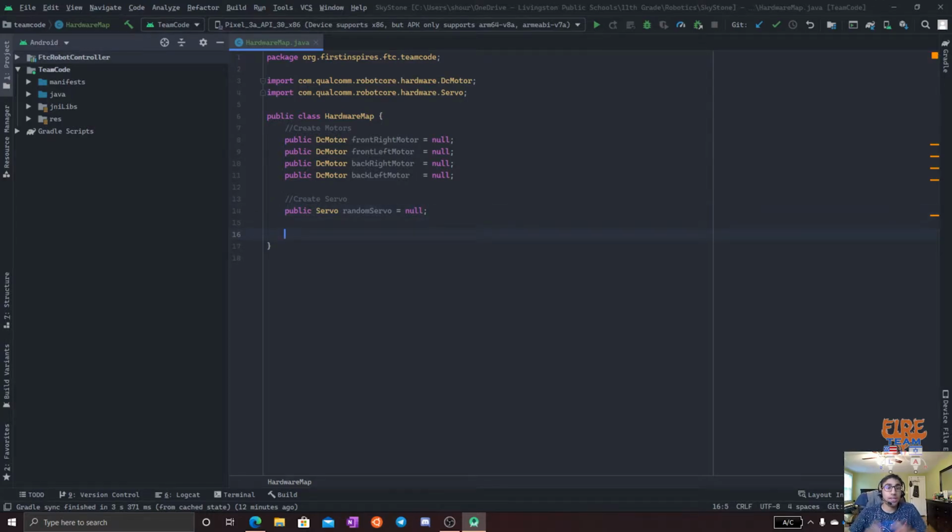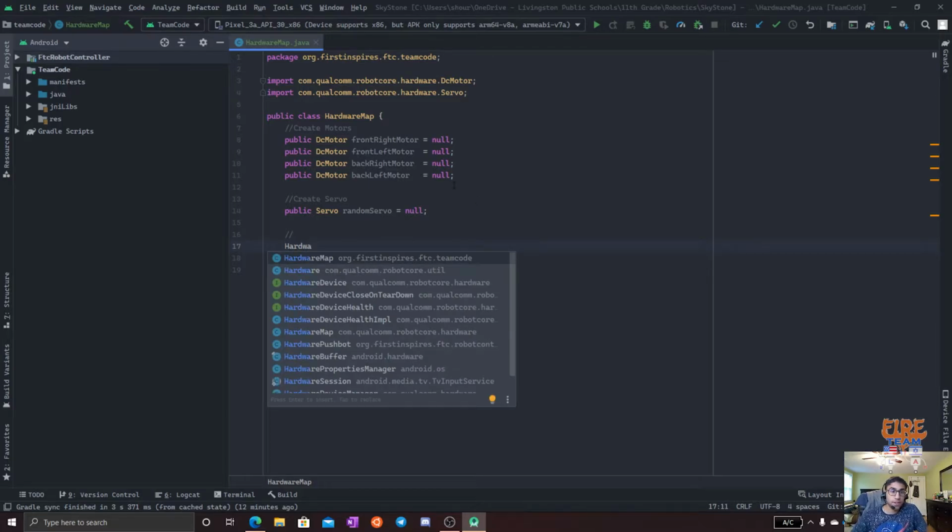We are done initiating the hardware variables. These two variables will allow us to use the hardware. First, we need a hardware map. You'll see in the list of options for hardware map, there are two. One is the team code hardware map, which is the one we're in right now. We don't want that. And the other is